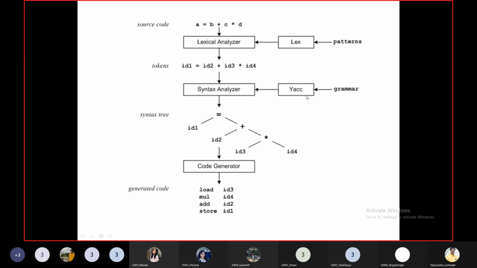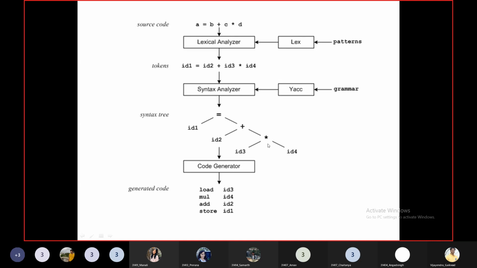Now, depending upon these rules and the tokens on which the rules are applied, it is going to generate a syntax tree. So the output of syntax analyzer will be a syntax tree. Understood? Now, and then further it will generate the lower level code, whatever is required, right?